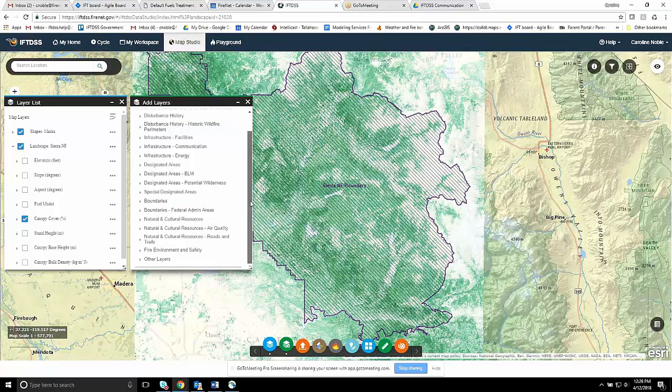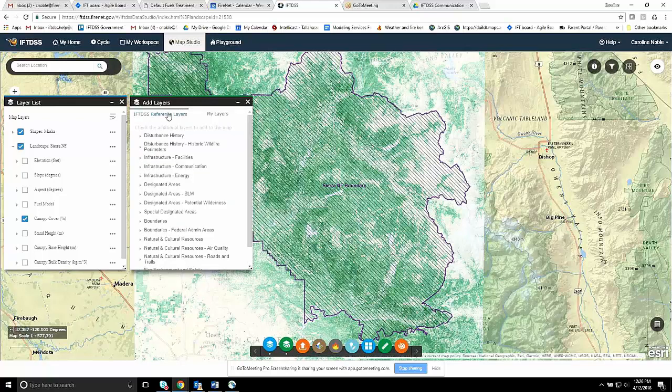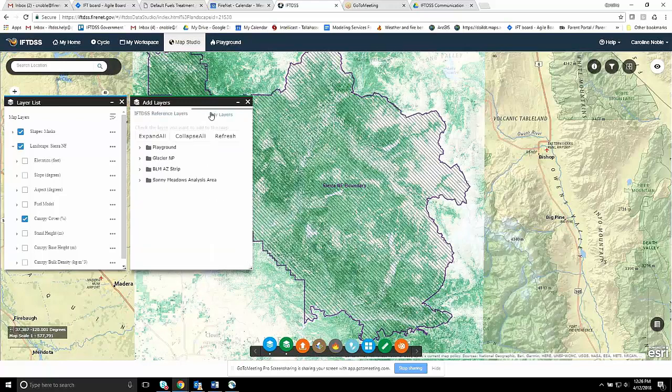And in addition to these reference layers, there's a section called My Layers. So this is where you can upload your own data if you have it in order to work with those shapefiles. So for example, Bert sent me a few different files, and I've uploaded the Sunny Meadows area, and then I did some manipulation of those to break them into different treatment types just for fun. I created a couple of my own files that you can do through